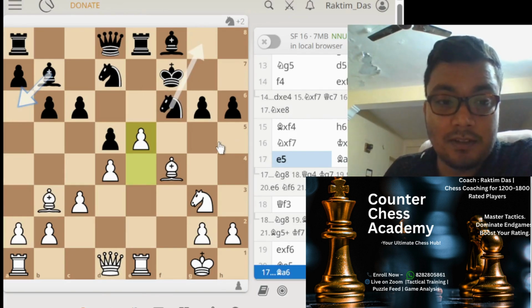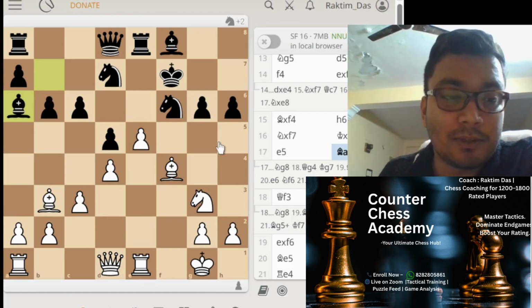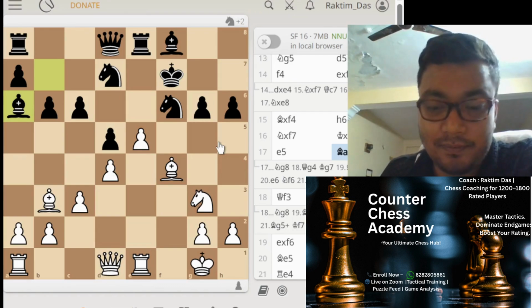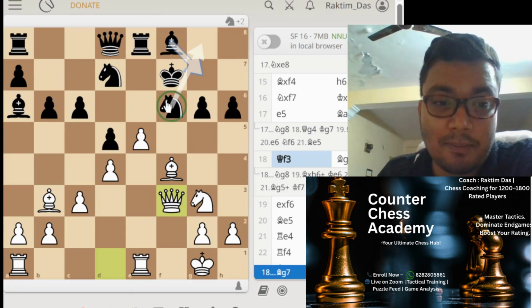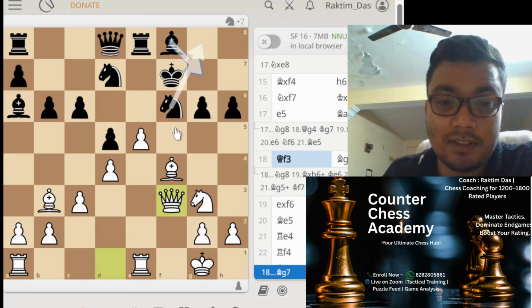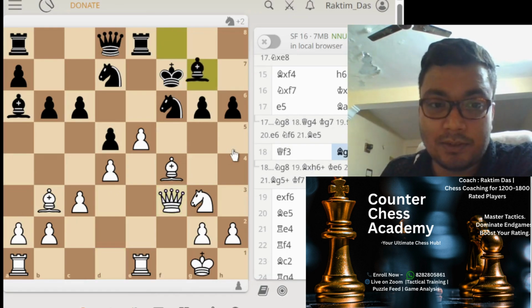If the knight goes on g8, rather than in the real game it was played bishop to a6, giving up the knight. Then white has chosen to play queen to f3, queen to f3. Now you see he has not captured this knight, because the knight is already falling. He is just developing his pieces and also creating a threat. So black plays